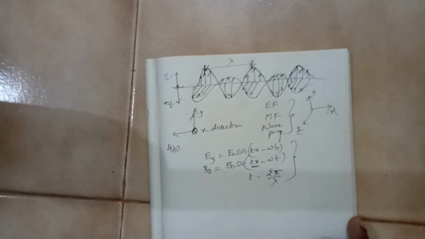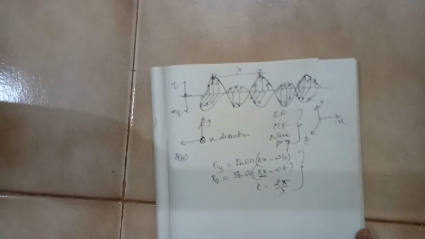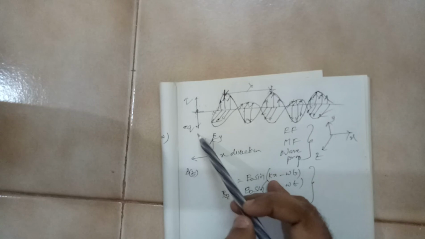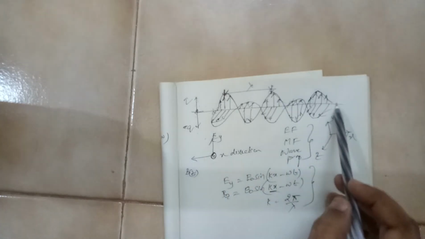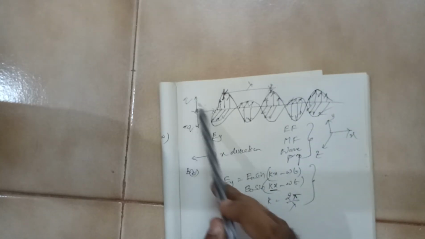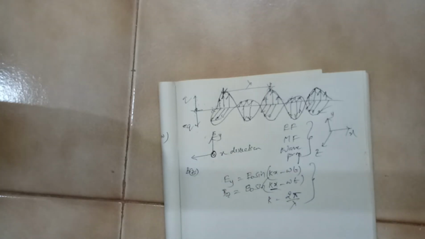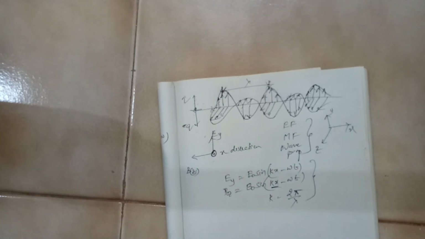Now here this particle is oscillating in this direction, and you can see the wave is going in this direction. So they are perpendicular to each other. Oscillation is perpendicular to the propagation. So that is why it is a transverse wave. And the source will be any oscillating charge. And we have seen that in the Hertz experiment also, how that oscillation is provided.